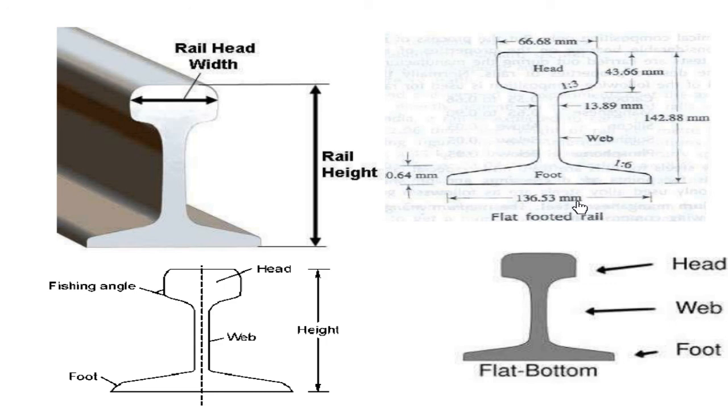Okay, so the first rail which came into being was the double-headed, both heads of the same dimension. Then came the bull-headed. There the head dimension was more compared to the lower table. Here the head portion is smaller compared to the longer table, that is, the lower table has a greater width compared to the head portion.